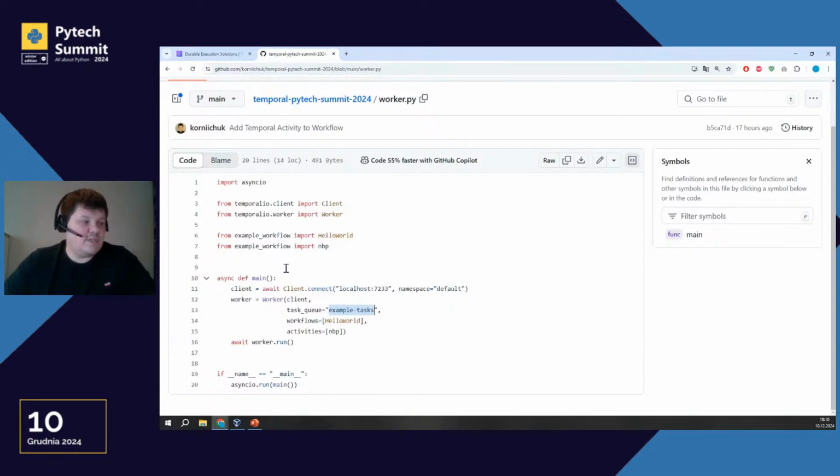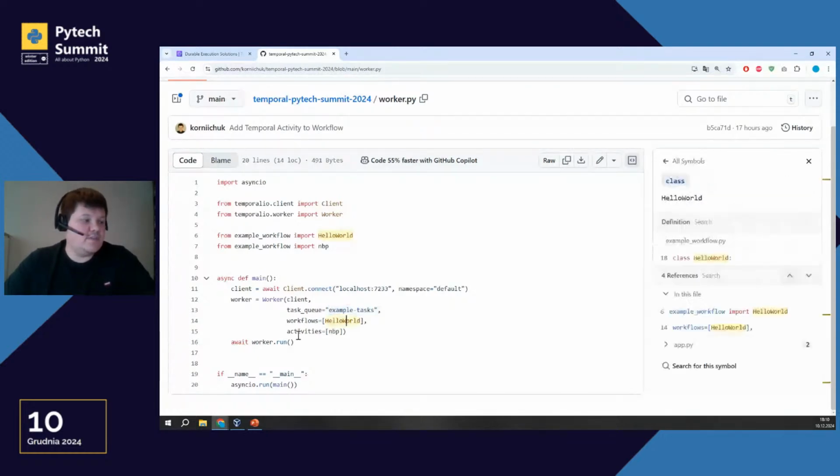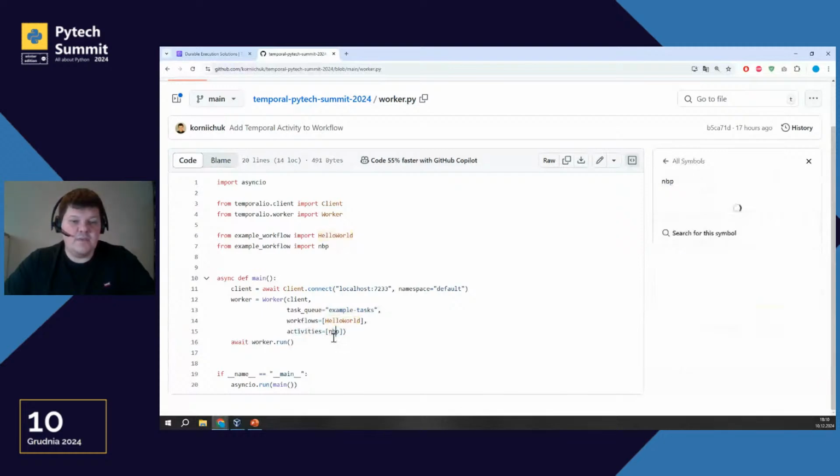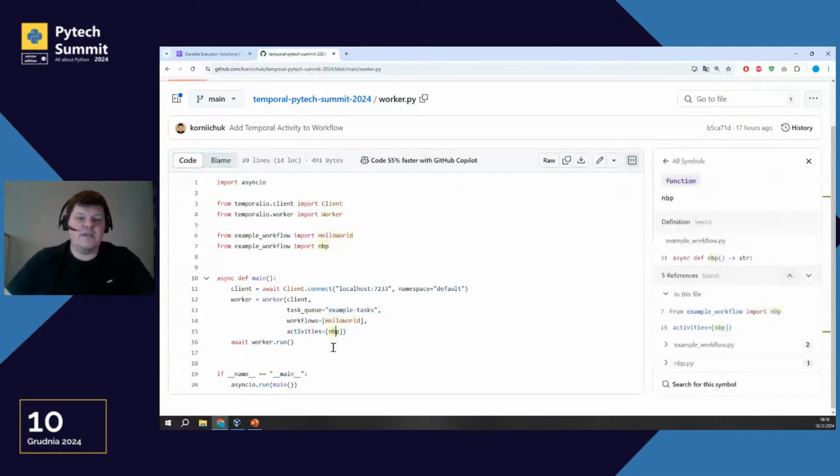And the workflow we want to process is hello world. Also we need to put information about activities, and we will use the NBP activity, like collect exchange rate for USD.